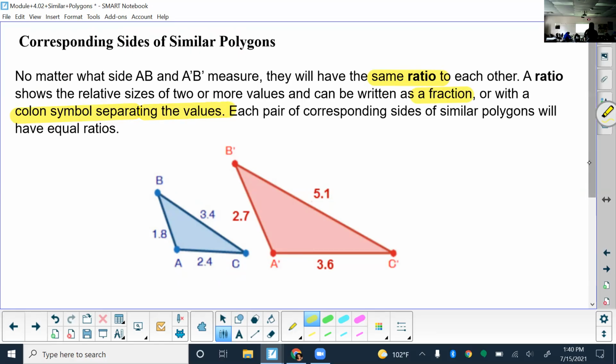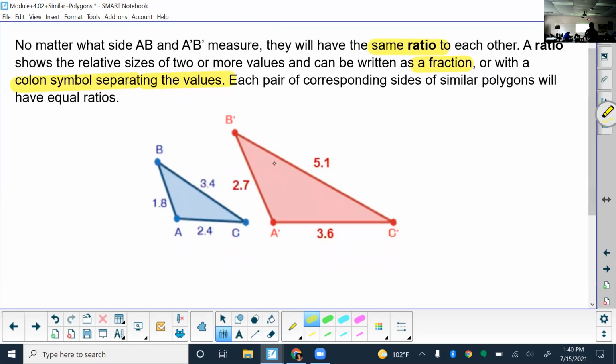And just like we did in the last lesson, you can see that these corresponding sides do have the same, equal ratios. So if I take each corresponding side, like 1.8, and I divide it by 2.7,